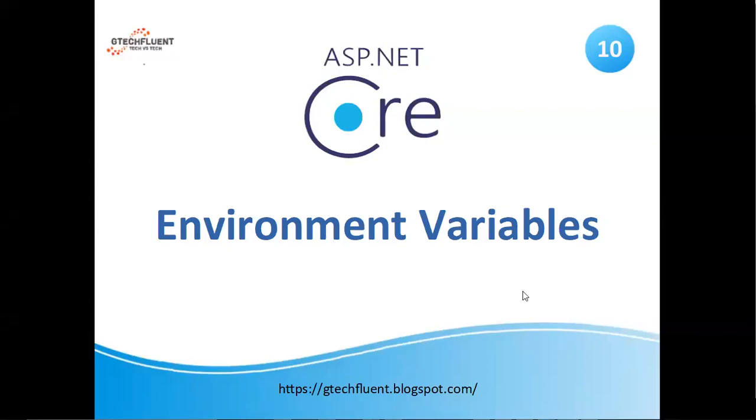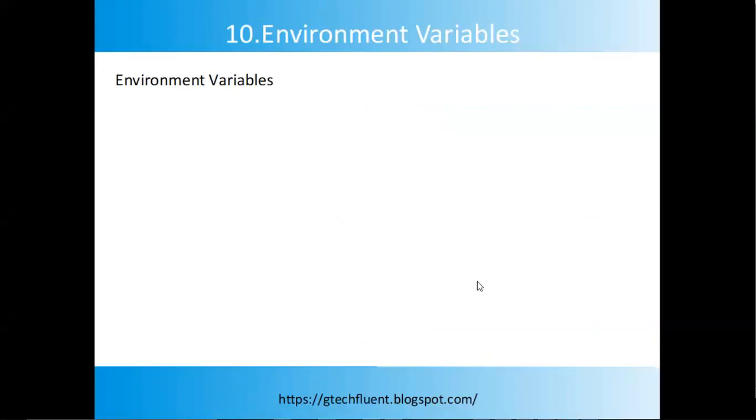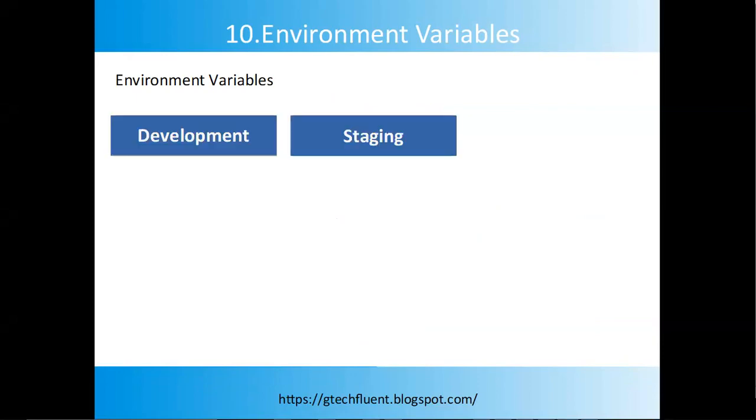Our today's topic, number 10 in the ASP.NET Core video series, is configuration with environment variables. Typically, in professional application development, there are multiple phases where an application is tested before publishing to the real users. These phases by convention are development, staging, and production, where a developer might like to control the behavior of an application based on the phase. The environment variable indicates the runtime environment in which the application is currently running.